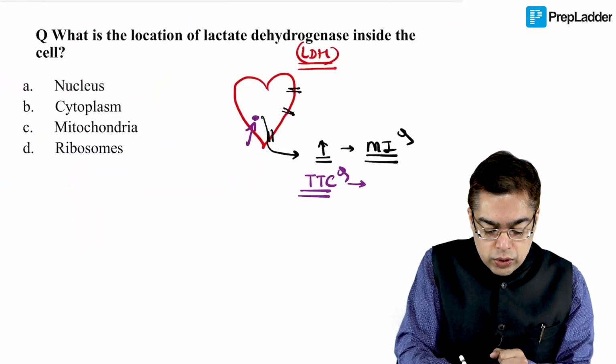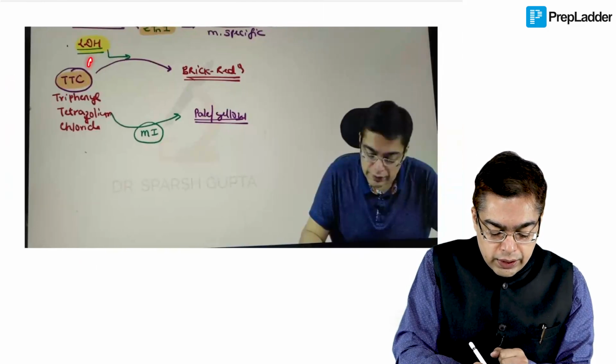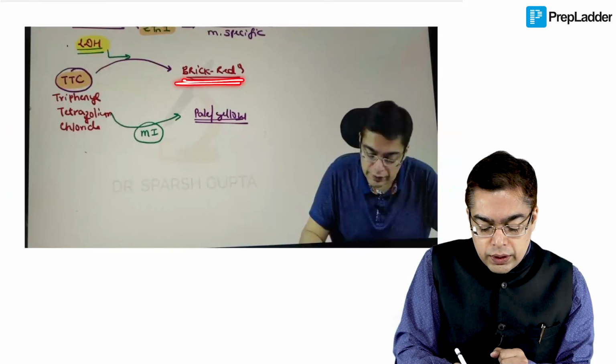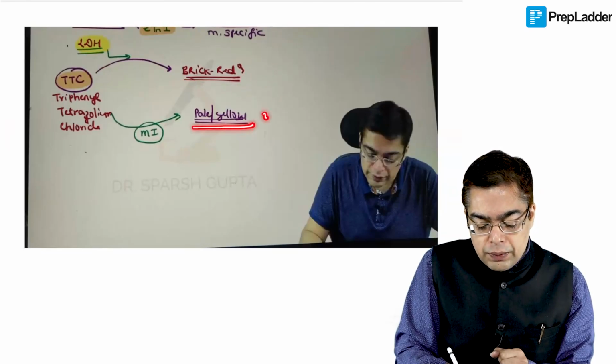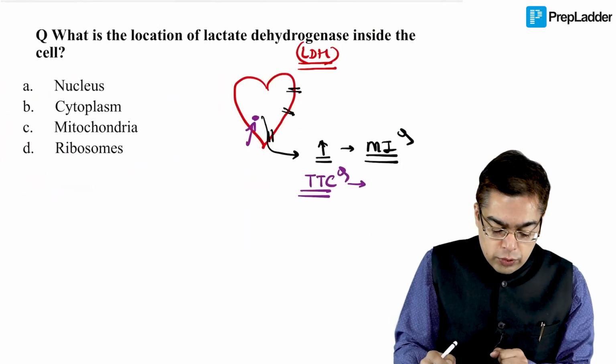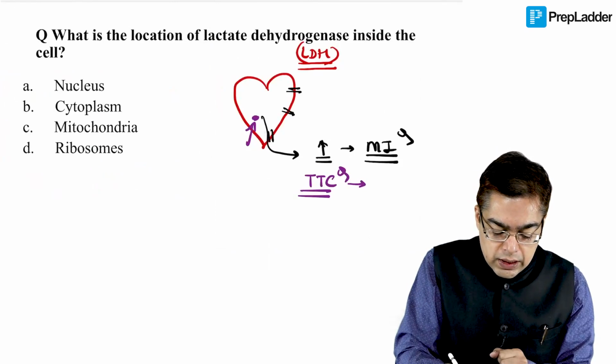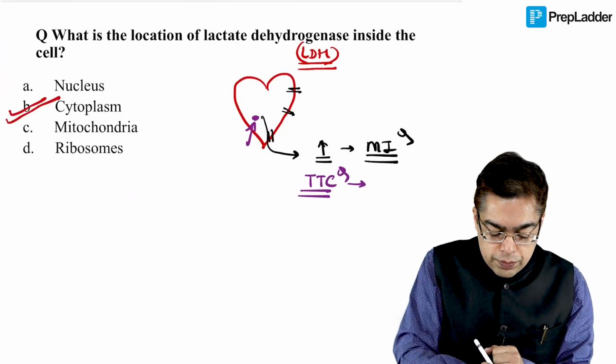So the same thing, a direct repeat from what I described to you in the main app section as well. So TTC was a previous exam question. That is what we definitely need to remember. We need to be familiar with the normal appearance of the tissue, brick red, as well as after myocardial infarction, the pale or yellow appearance. So therefore, the question is going to be answered easily. The answer for this particular question happens to be option B.